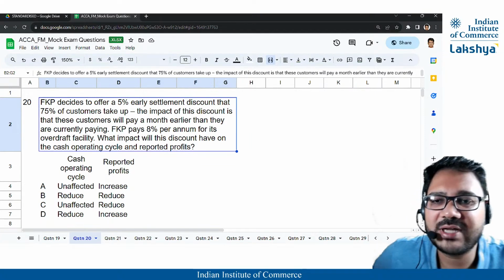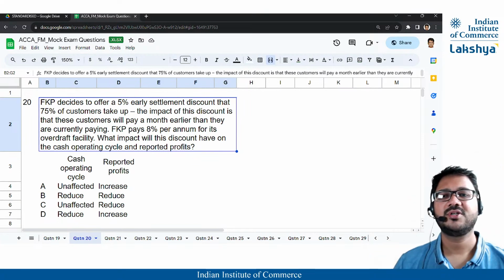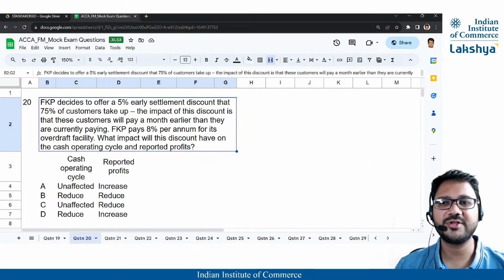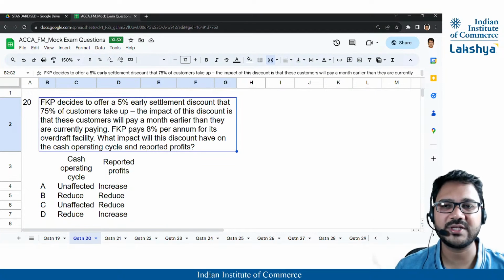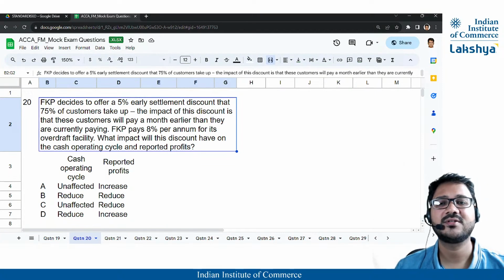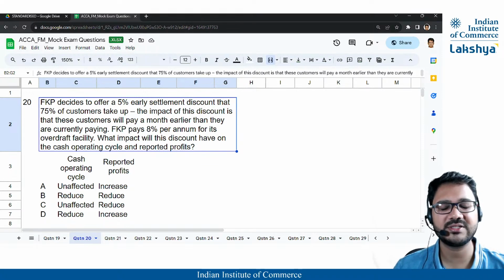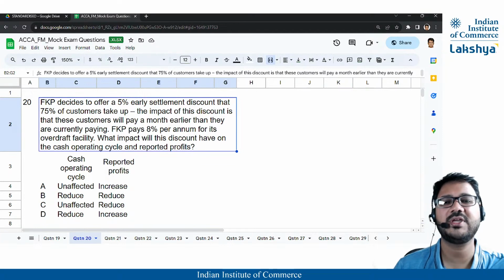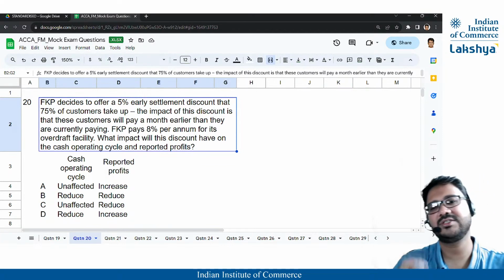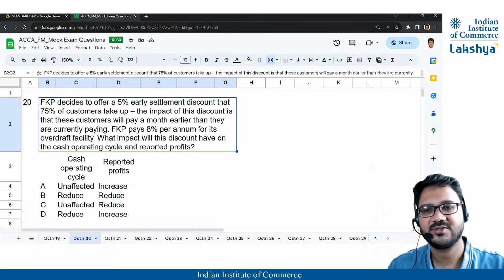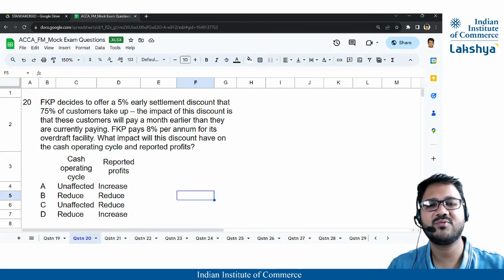On one side, when you are giving discounts, the amount is reducing obviously, but there is some benefit also. You would not have to take the overdraft facility. So you need to calculate whether the discounts that we are offering are more than the benefit, because discount is a cost to us. We are receiving less. We have to see whether the cost is justified by the benefits. So let's see what our costs are.